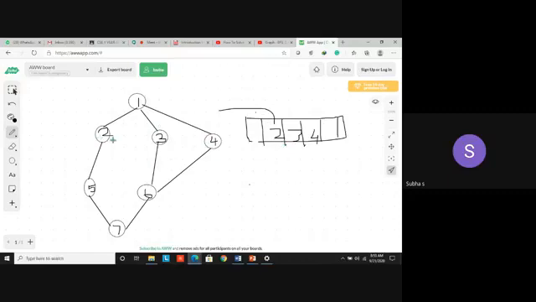After DQing, what do you have to do? Put the adjacent vertex of 2. Is there any adjacent node for 2? Yes, 5 is there. Suppose 5 is not there, what do you have to do? Go to the next element. Remove element 3 from the queue and put its adjacent node as the next element in the queue. Okay.